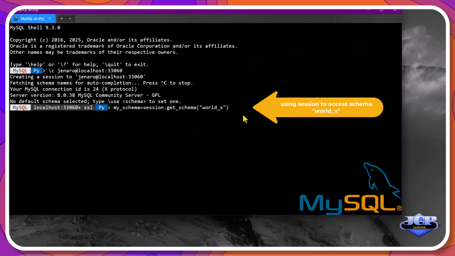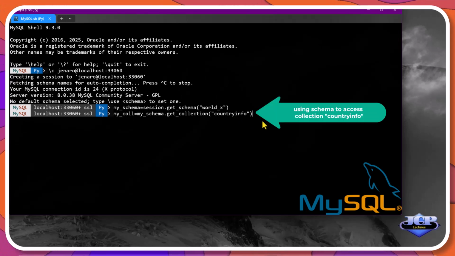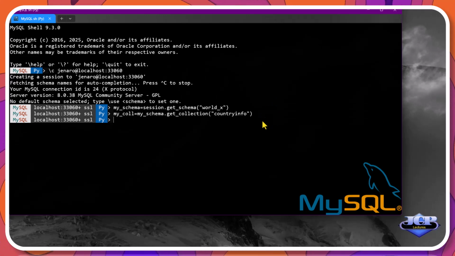After connecting, an instance of MySQLX is available, and we can use the session method to open schema world_x and store it in mySchema. Now that we have this new object, we can use the method getCollection to access countryinfo, which will be stored in my_col variable.